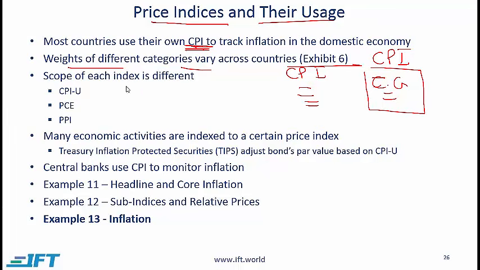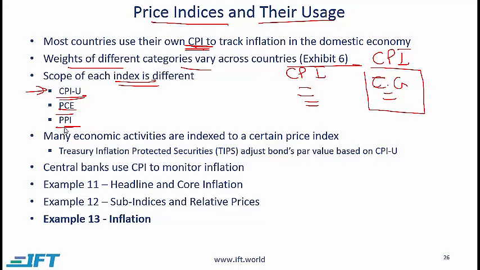There are several different kinds of price indices, and every price index will have a somewhat different scope. In the United States, we have one particular index which is called CPI-U. This stands for Consumer Price Index Urban, and this gives an indication of the price of consumer goods in urban areas. We have something called PCE, which stands for Personal Consumption Expenditures, and this covers all personal consumption in the United States, and we come up with this number using business surveys.